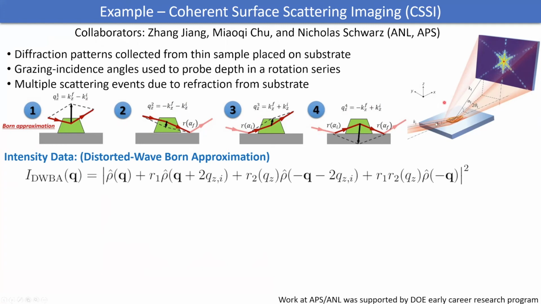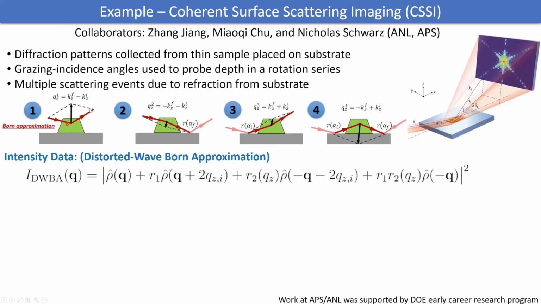So what you have to do instead is the imaging at very shallow grazing incident angles relative to the substrate. But the issue this causes is that you now end up getting multiple scattering events due to additional refraction off the substrate. So basically what can happen is that when you shoot X-rays at the sample, the X-rays can either come in, hit the sample and scatter off,